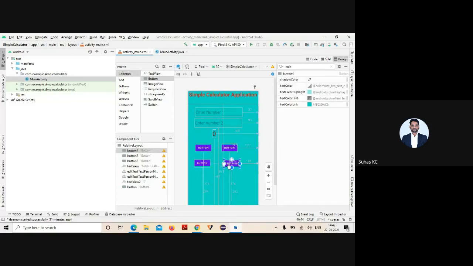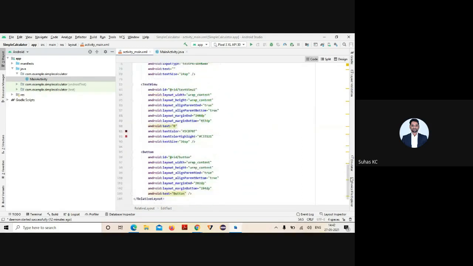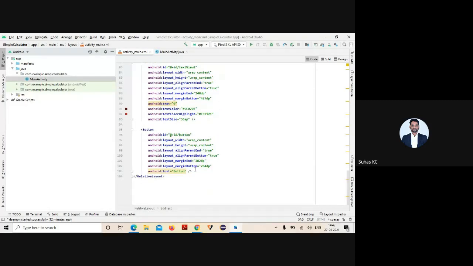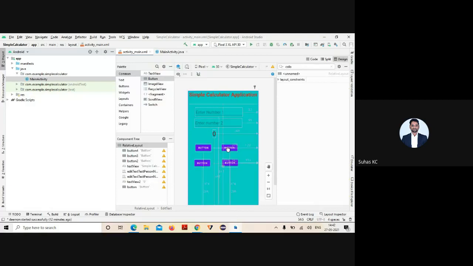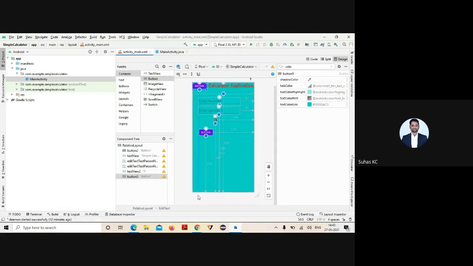Any doubt here? And I want to change this name, sir. So I can just go to your code part. Look, 4 buttons. Okay, what happens is here it is not created. So just go to your design part, or delete this component. Drag and drop that. Set x-axis, y-axis.